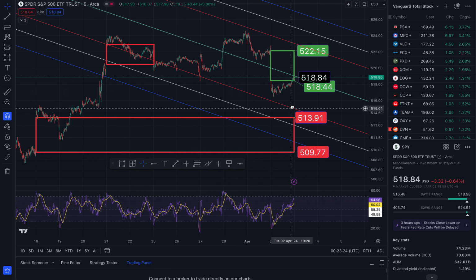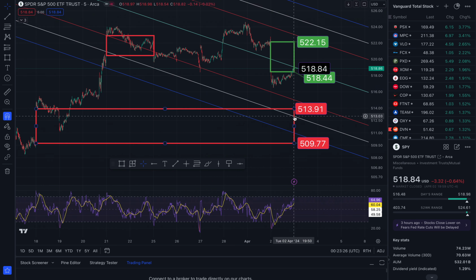A gap forms to the south side at 513.91, 512.99, 510.95, and the gap closes to the downside at 509.77. This gap opened up on March 18th. We gapped up, so I will anticipate a gap down to close out, and that is why it is in